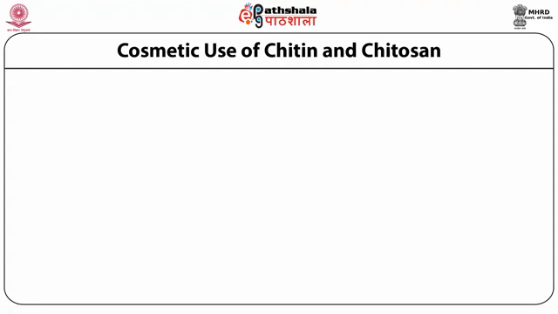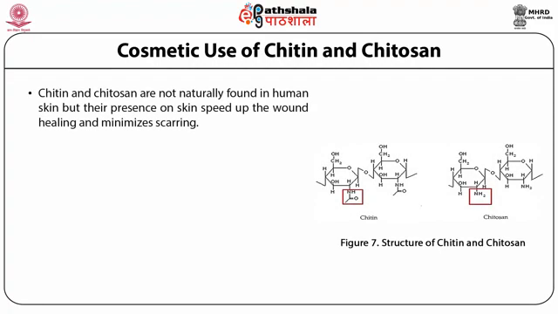Chitin and chitosan in cosmetics. Chitin and chitosan are not naturally found in human skin, but their presence on skin speeds up wound healing and minimizes scarring. Chitin can be used in processing of films and fibers. The chitin fibers are prepared by wet spinning in 14% sodium hydroxide solution and used as non-allergic, deodorizing, antibacterial, and